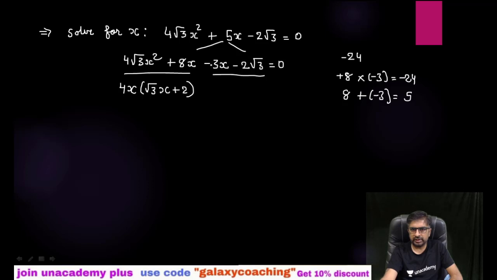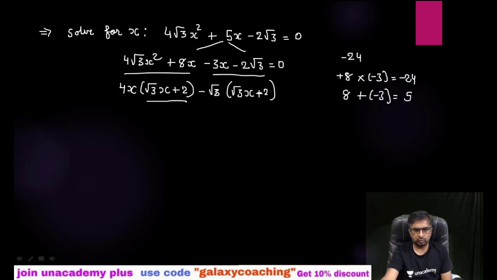Now here also you can take out common, but you should know the factors of 3. 3 means root 3 into root 3. So we can take out 1 root 3 common from this, and minus also. So minus common, and then root 3 also common. So here root 3x will be the remaining part, and here minus. Okay, minus we have taken out common, so plus 2. Now you can see both these are equal. So you can write down the factors are root 3x plus 2 and 4x minus root 3.